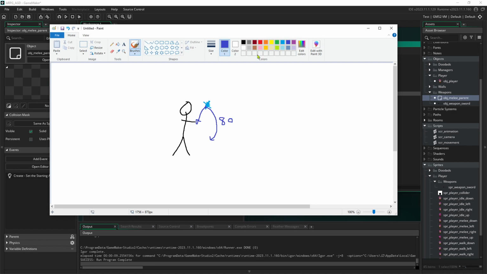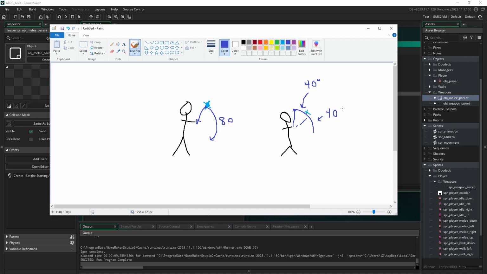That's what I don't want. What I want instead is that when I click right here, my sword actually spawns a little bit up here and then swings through. So basically we spawn 40 degrees to the left of that point,